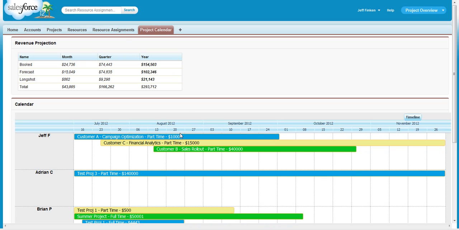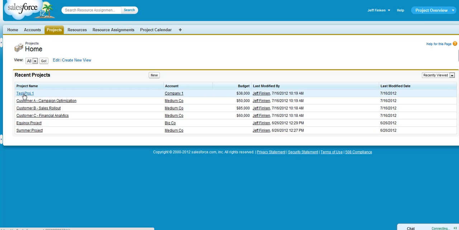So it's this overview Visualforce page, and then it's a set of other objects: projects, resources, and resource assignments. The way those come together, we have a basic project object. It's linked to an account. Each project may or may not have a budget associated with it. And as I drill into that project,